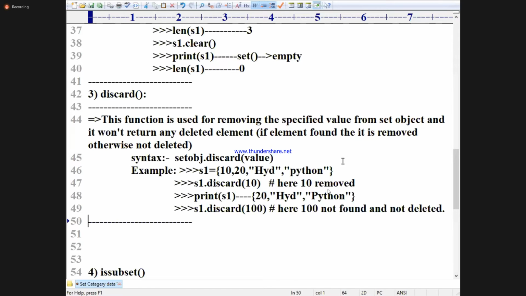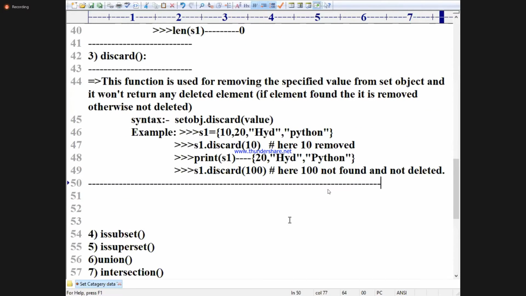Will it discard both 20s? Is it possible to write two 20s in a set? Set allows which elements? Unique elements. So there is no question of having two 20s. Those points are very, very important. Those properties are the base for everything. If you understand these points now, you never get any doubt.